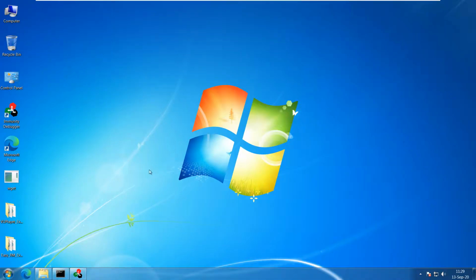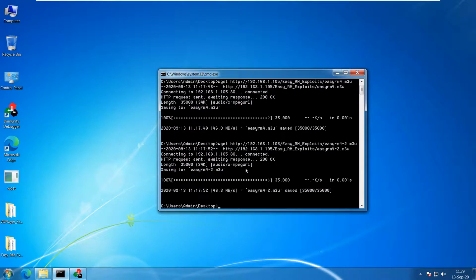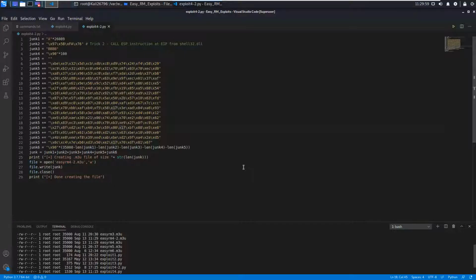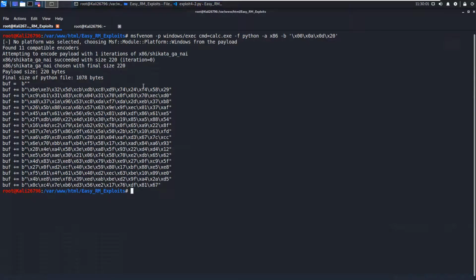Now I go to my Windows 7 machine. Here, using my wget utility, I will get back the m3u file from Kali. So before doing that, the shellcode is generated using MSF Venom using this command. -p for selecting platform.